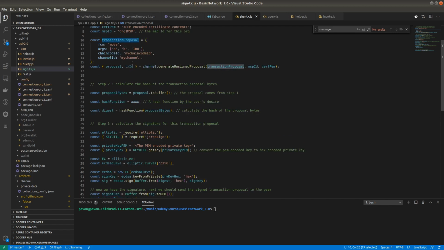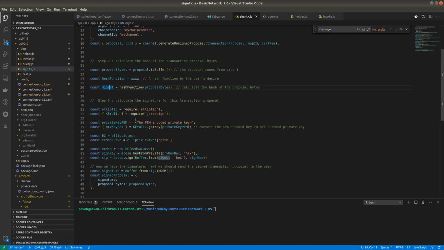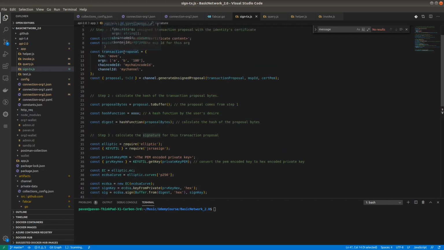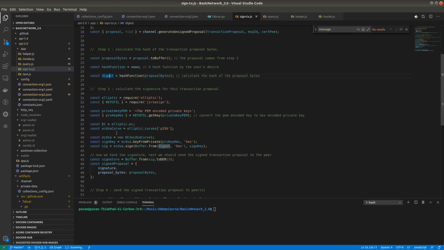This is the transaction proposal. First of all, we create a hash of that proposal, then we sign that digest and create a signature. Only three steps: create the transaction proposal, create a hash, sign that hash with the private key, and include it as a signature. When the endorsing peer gets this signed proposal, it checks the certificate first and after that the signature.